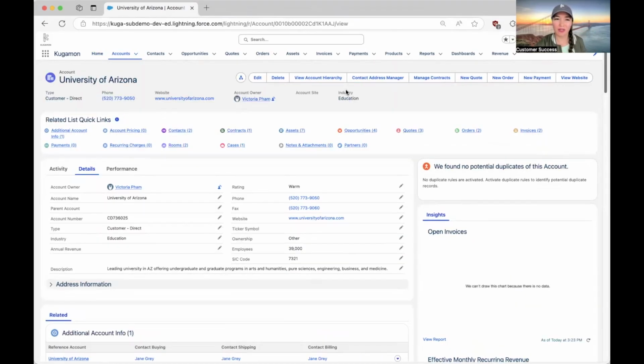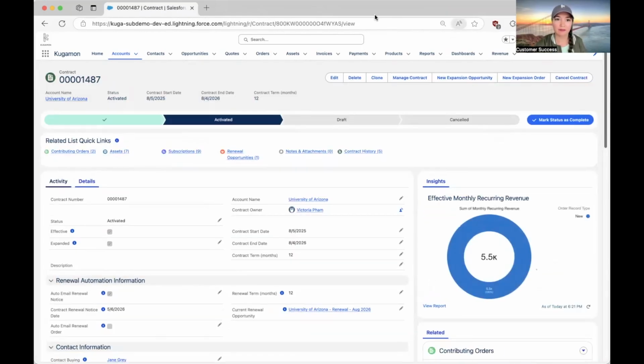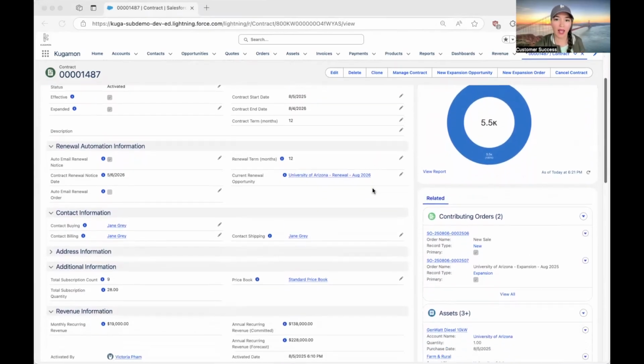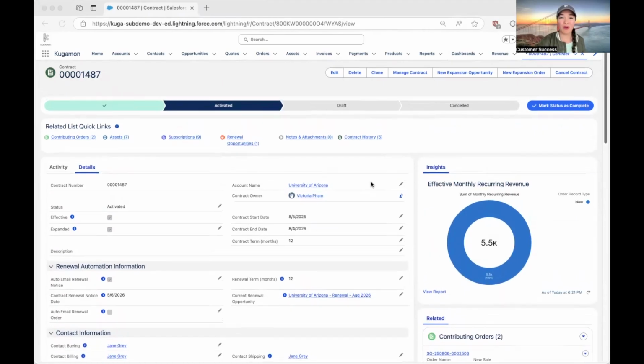And Kugamon also introduces some automations as well. So if I navigate to this contract here, with one of our renewal automations, you will see that Kugamon actually offers an ability to automatically send out a contract renewal notice. In other words, Kugamon will send out a nice and fancy email at the 90-day, 100-day, 120-day